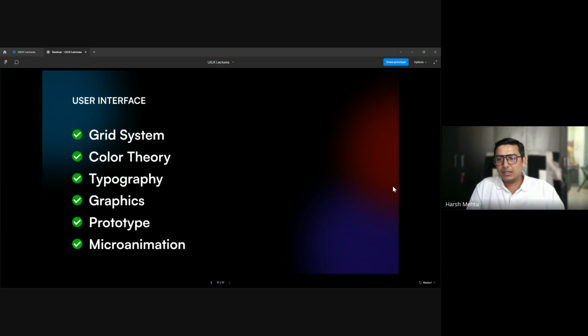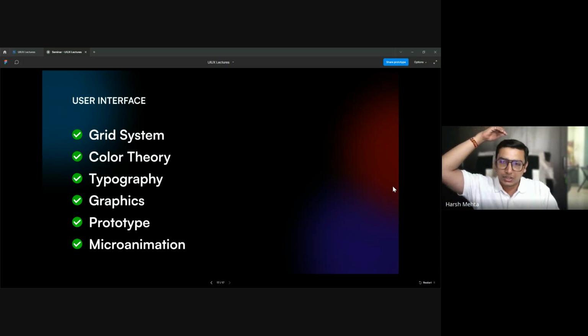But if the requirement from the client is of a game or something about 3D, of course there's no such element that you can add in the UX, but in the UI you have to think through the journey. You have to think about what happens when I scroll. Does this 3D element move? Does this 3D element travel? That is something you'll have to think on.